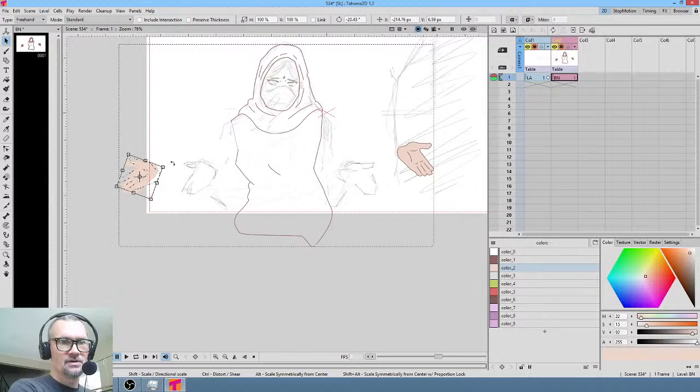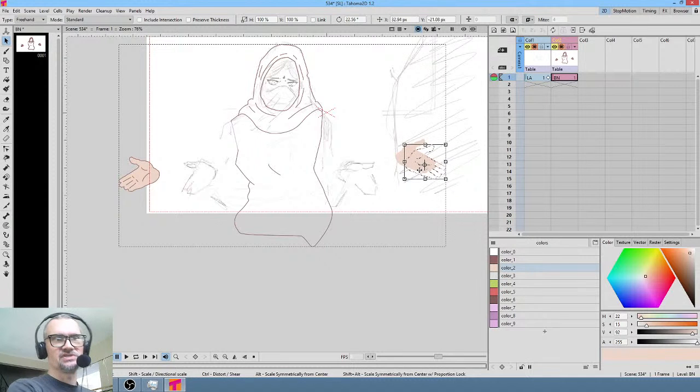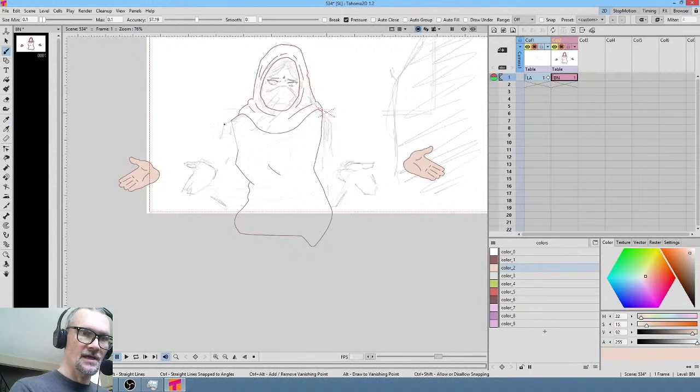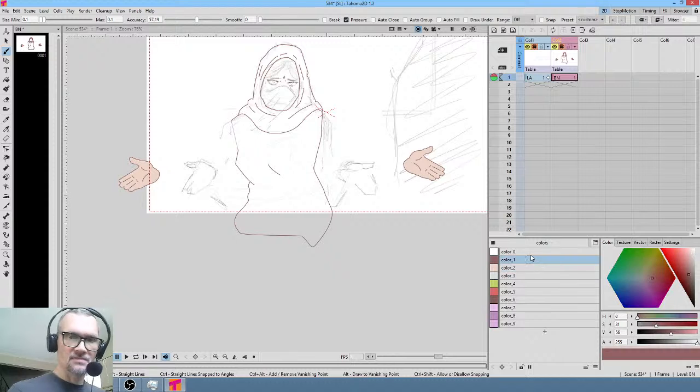So the concept here is to get the hands in the final position they're going to occupy. Well, why did you do that, Dave? The reason I did that is so that I can then hit the B key and, okay, sorry, I want my outline shape. So now what I'm going to do is create a shape here, which is going to be problematic, as you'll see here in a moment. Okay, I should have selected draw under, so let's redo that. This is where draw under helps. I want the outline for the sleeves to be, there's two ways to look at it. I want it to be underneath the,